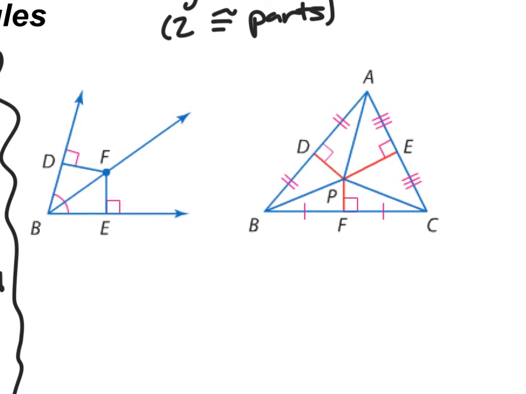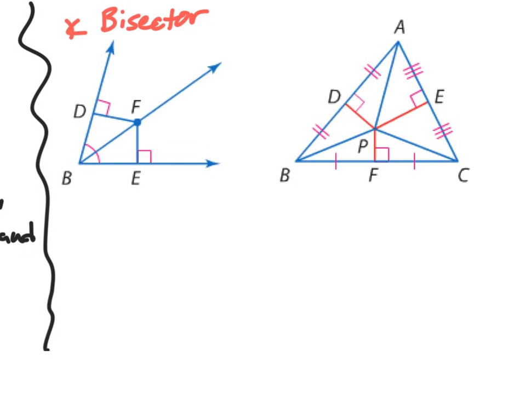So in this figure, we're going to call this the angle bisector. We've kind of talked about what an angle bisector is. So what I know is that if BF bisects angle DBE,